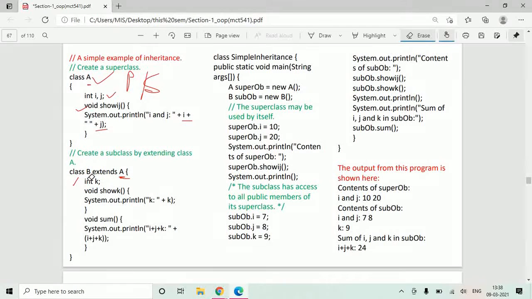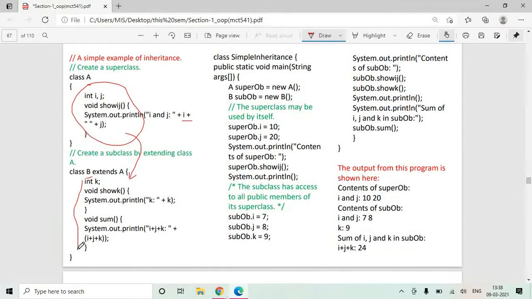So class B is not a normal class, it is an inherited class from class A. Whatever is available in class A will get inherited here, and in addition, class B has its own unique features written over here.